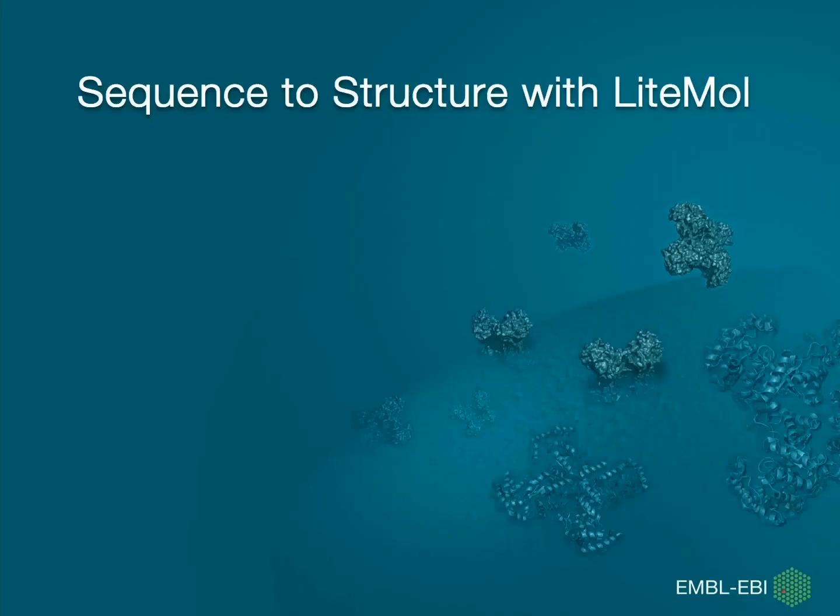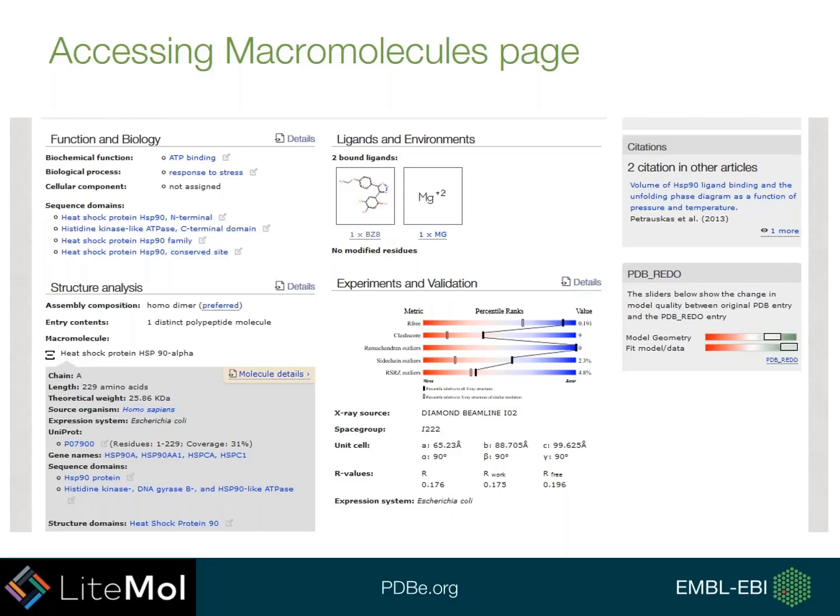You can view all sequence annotation interactively along with the structure at the PDBe using LiteMol. So if you want to access the pages for a specific macromolecule, if you navigate to the entry page and move down to the structure analysis section at the bottom left, there will be information for a specific macromolecule in that entry. If you click on the